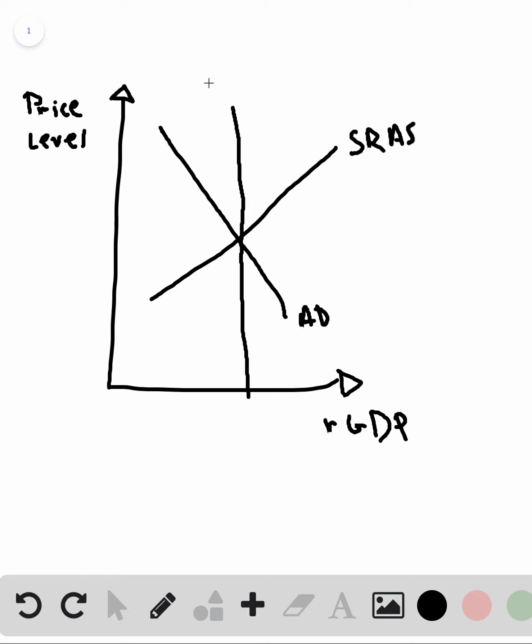and this vertical line, which passes through the intersection of the aggregate demand and the short run aggregate supply, is our long run aggregate supply. Okay, good. So stagflation is a leftward shift of the short run aggregate supply curve, like so. So we're going to label that SRAS1,